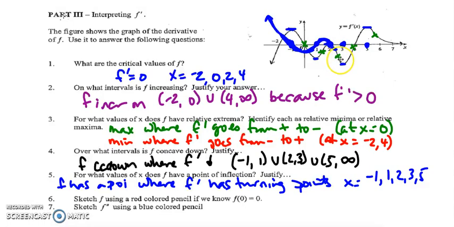Then this little section here, the function is decreasing and concave up, so its derivative will be negative but increasing. The next segment, the derivative will be positive because the function is increasing, and the derivative will increase because the function is concave up, till I get to some sort of turning point here